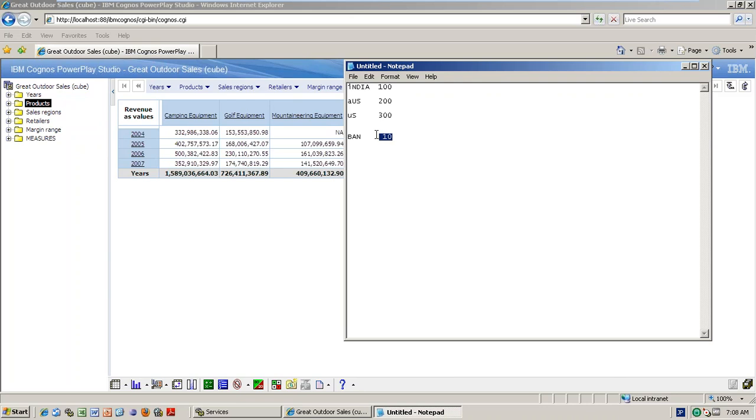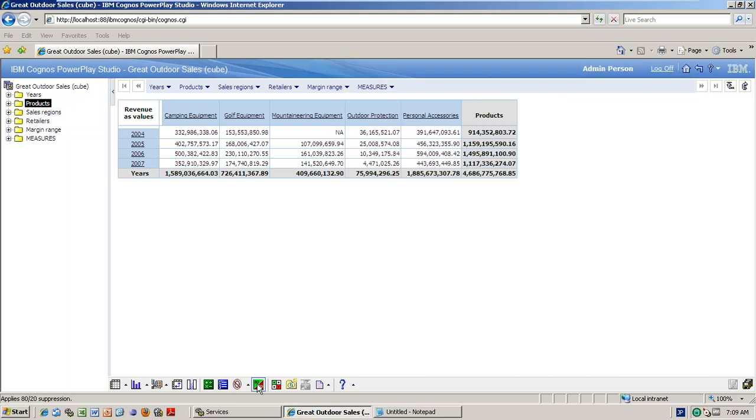80/20 suppression means there is no need for all the values to be zeros. If all the values are high and one value is very low, then that particular value will be hidden. When is it normally used? If there are 200 countries, and maybe 80% of the contribution is taken care of by 100 countries, and the remaining are very, very low, then only those 100 countries will appear for you. Okay, that is what 80/20 suppression is. But in most cases, you may not face any issues.